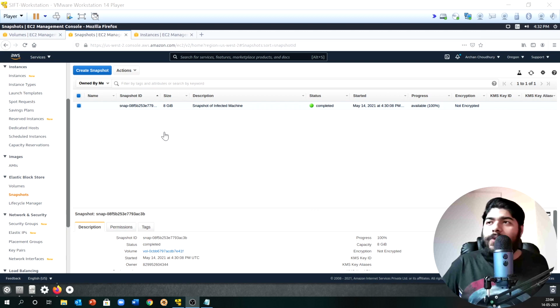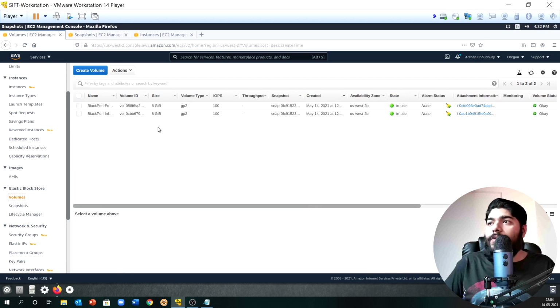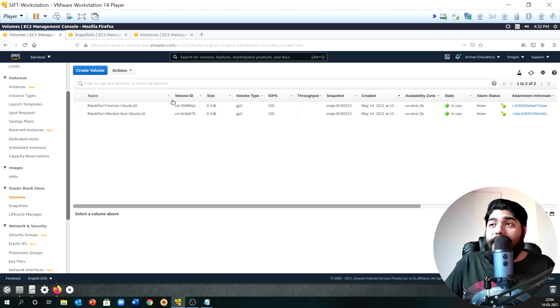Now we need to create a volume copy using that snapshot. If you just click the volume section here, it will route you to this page, and you will see there are already two volumes present.